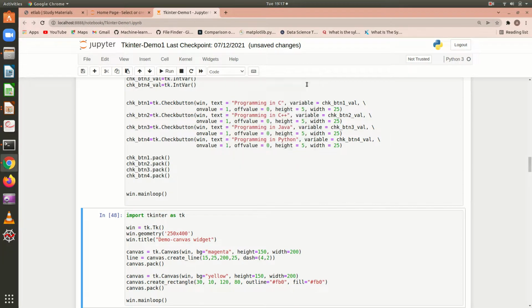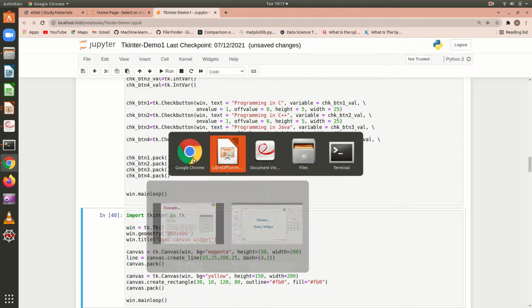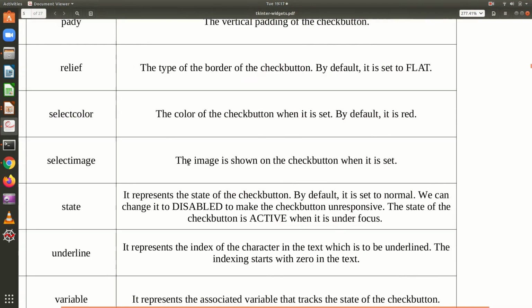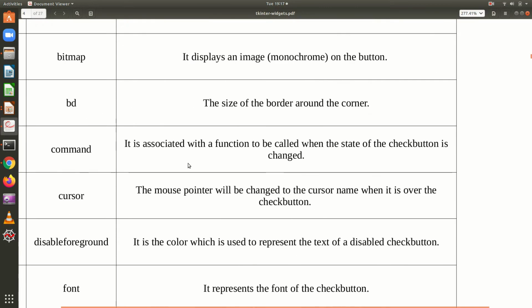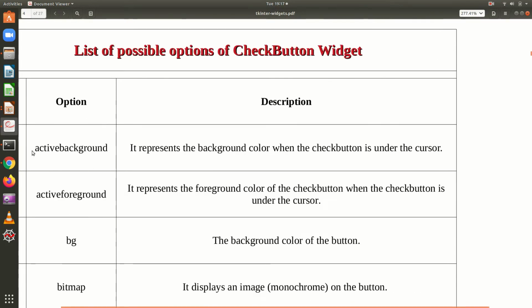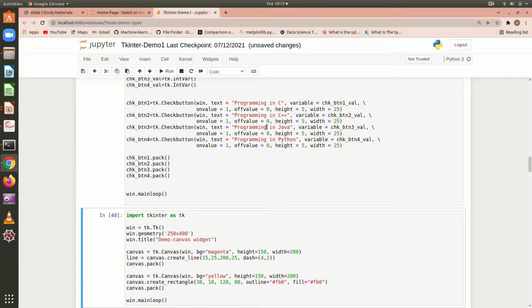Now we want to see the options. If we want to see the active background and active foreground color, so let us take the active foreground color. Active foreground equal to, I specify a color here as red.